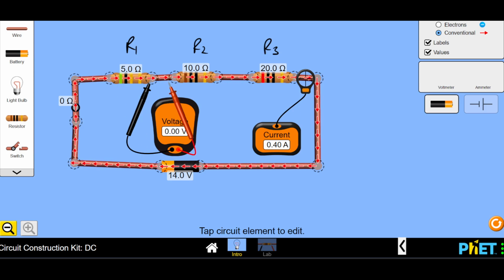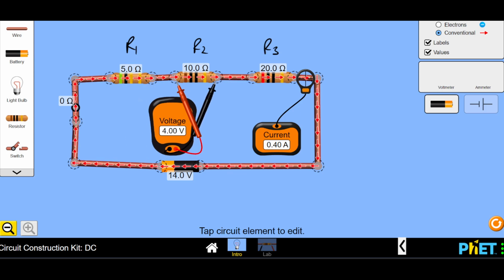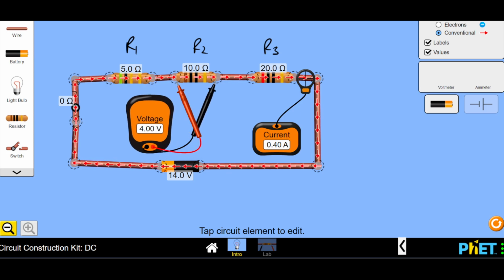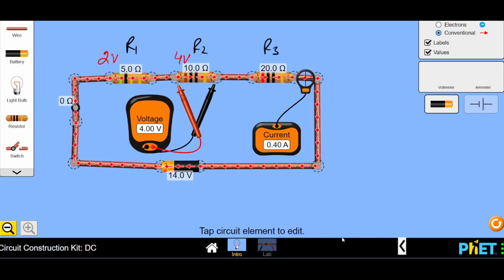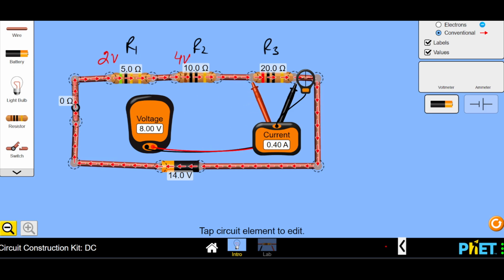No need to worry about that. Moving on to the next part, if I measure the voltage of this resistor, this is going to come out as 2 volts. So this was 4 volts. This was consuming 2 volts. Let's write this down on the screen. This is consuming 2 volts. This is consuming 4 volts. And let's check out what's the voltage of the third resistor. Across that resistor, we are getting 8 volts, right? Now, when you add all of them together, 8 plus 4 plus 2, you will get 14 volts as your answer. And that's why we've been saying that voltage